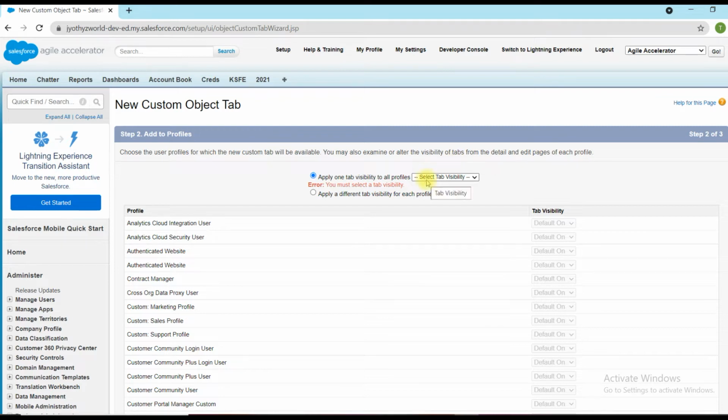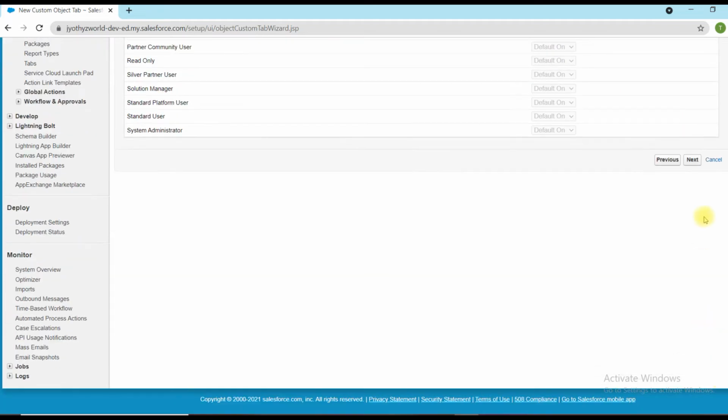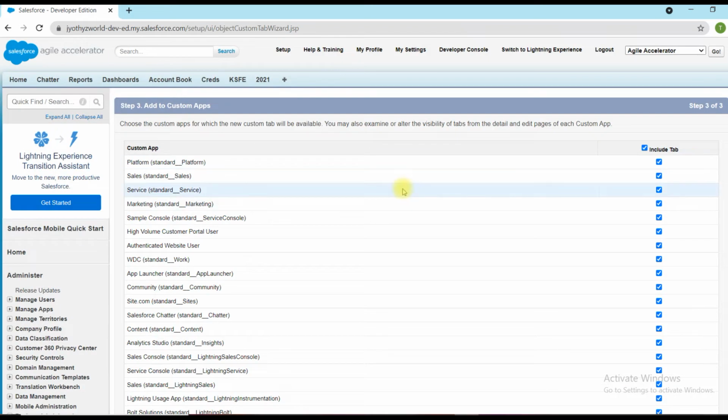Sorry, I forgot to update. Okay, default on provided. Clicking on next, and this is the custom app permission sets. Here we can choose the custom apps for which the new custom tab will be available. If I uncheck this, whenever I select any of the tabs here, it will not be available.